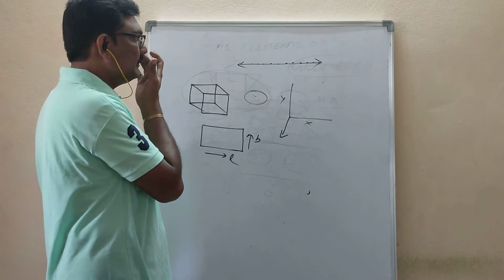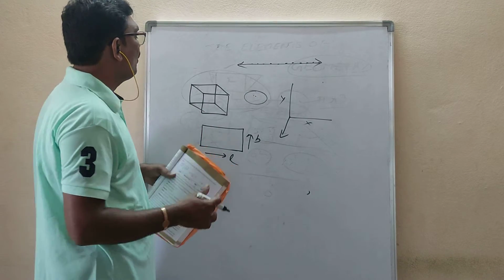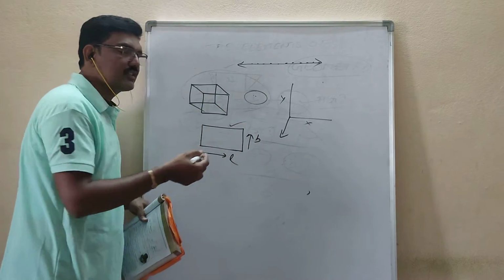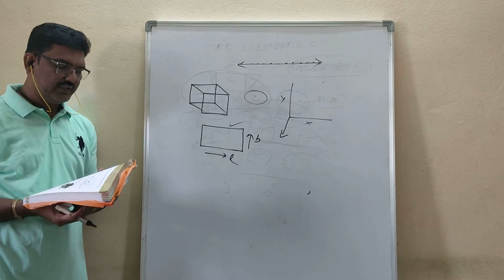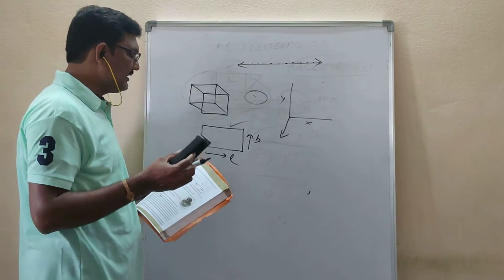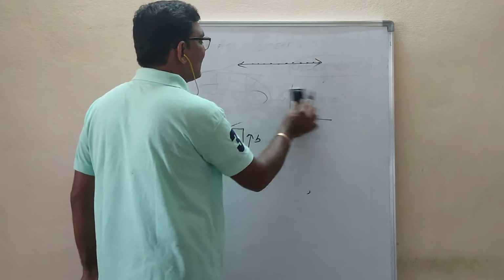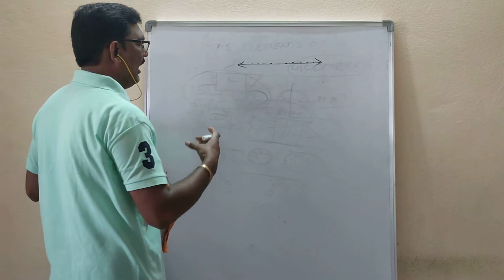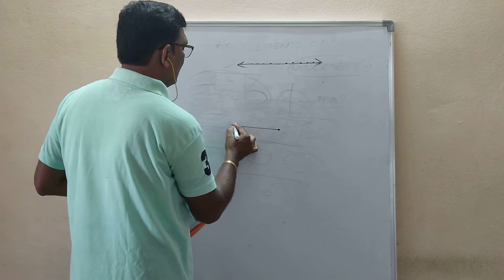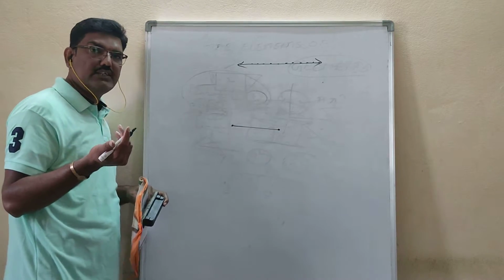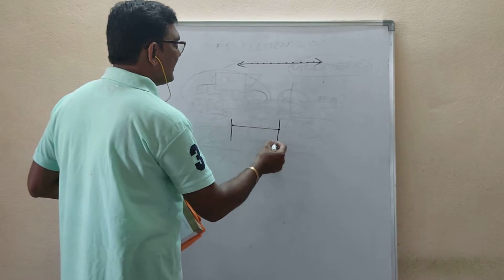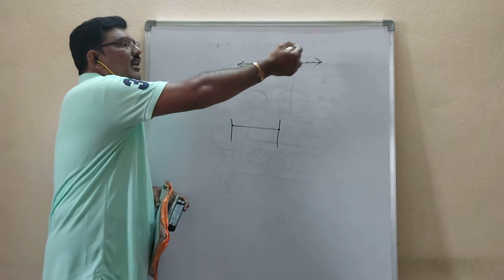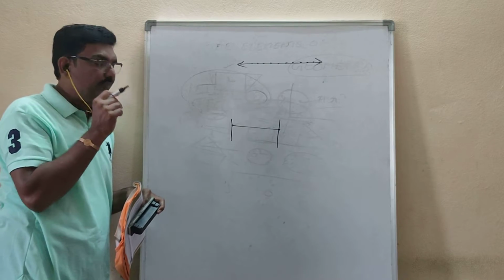Now rectangle and cuboid, cube. This cube and cuboid are three-dimensional figures, and rectangle, square, circle, these are all called two-dimensional figures. So points, lines, line segments. What does a line segment mean? A line segment has infinite points. On a line segment also you have infinite points, from here to here so many infinite points are there. But it can't be extended on either side. That is called a line segment. Here you can extend on either side. That is called a line.